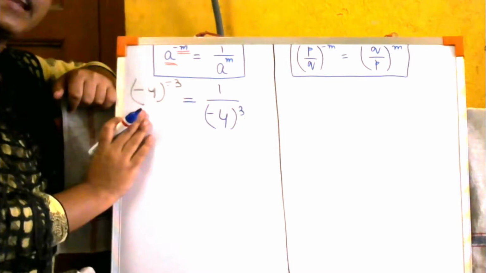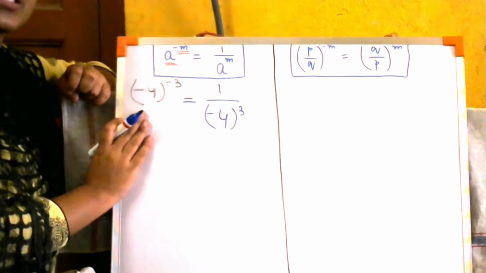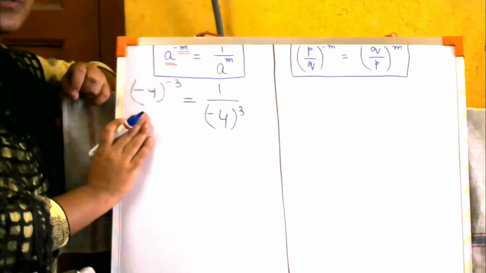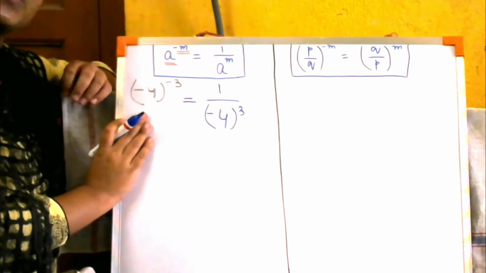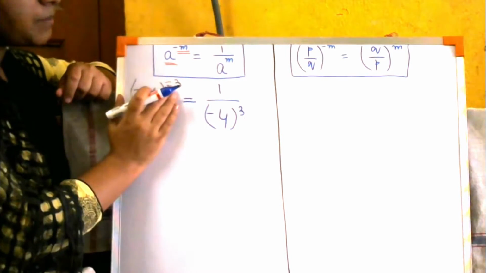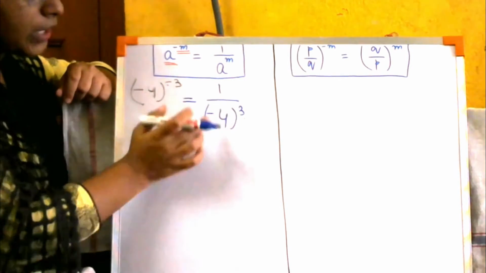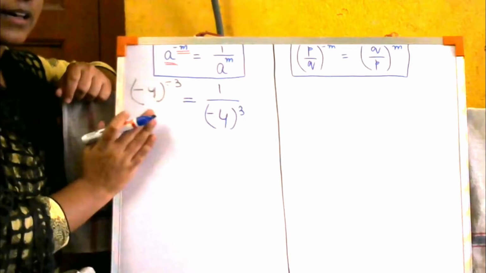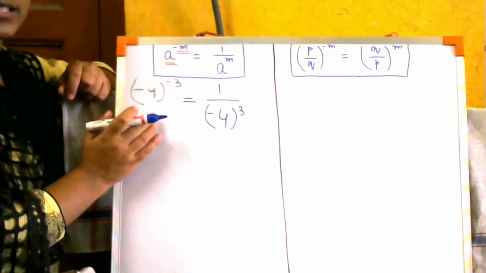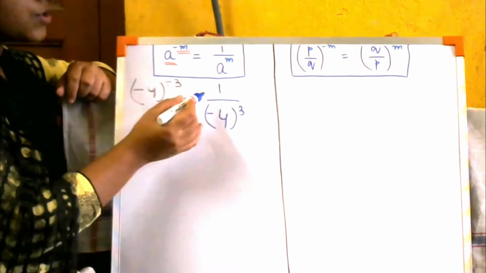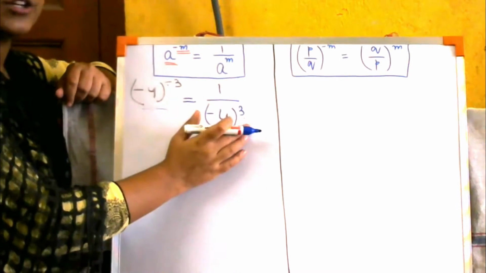So this is what I am trying to say. A base can be in negative form also, a base can be in positive form also. In the previous sum it was positive, it was just 3, and over here it is minus 4. So my concern with the sum is not the base, my concern is with the power. I have to change the negative sign of the power. That is why I am changing this whole thing into inverse form. Here it was not inverse, I am changing it to inverse. That inverse means 1 by the base. This is the base, we call this the base, okay? So 1 by the base means inverse form. So I am changing the power into positive.